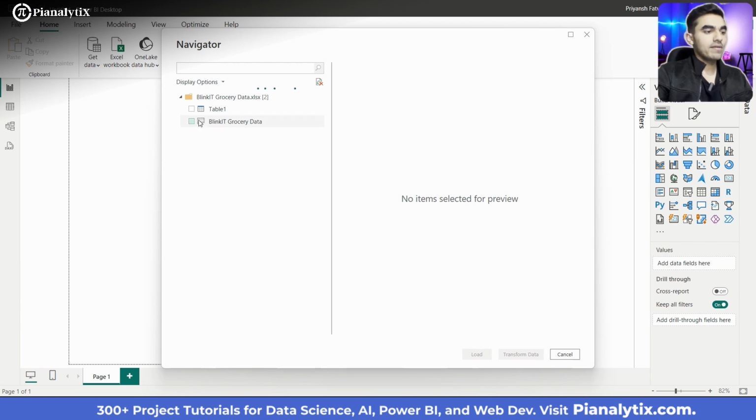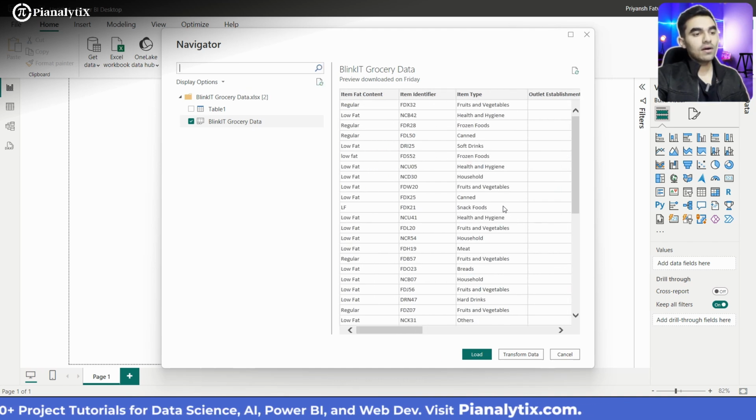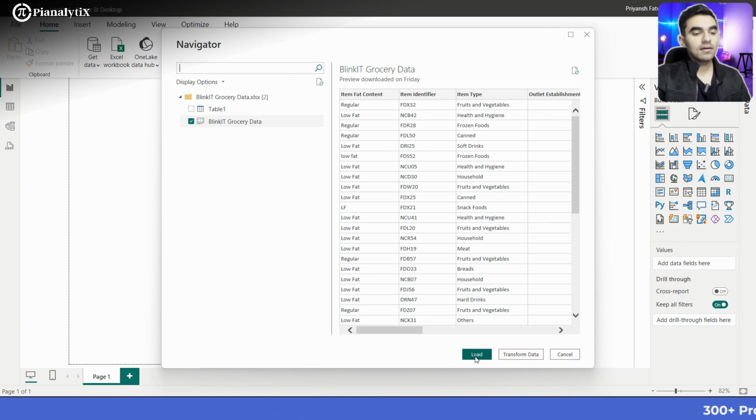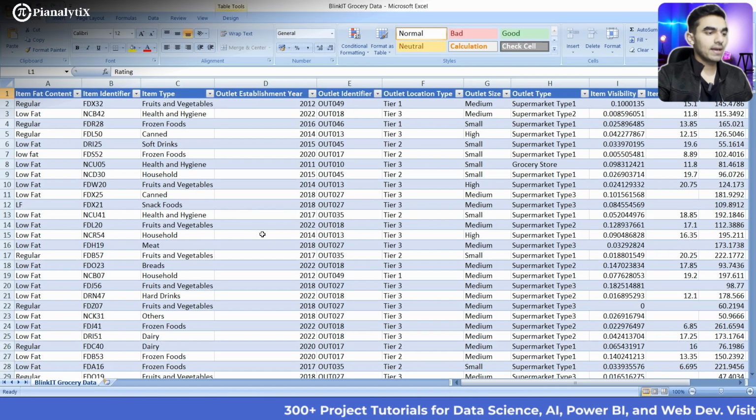Now I will select this to preview our data set. First we can load the data and then transform it, or we can directly move to transforming the data set. For the transformations part, if I go back to Excel,